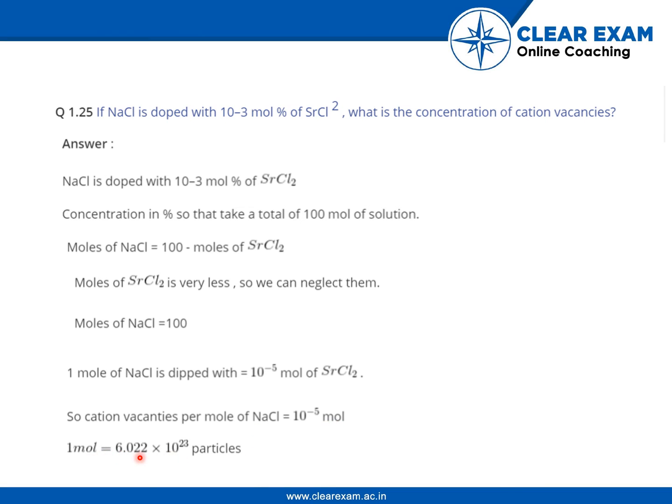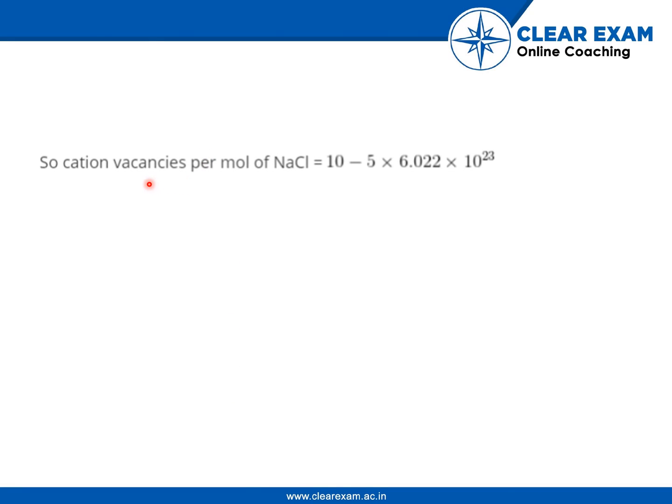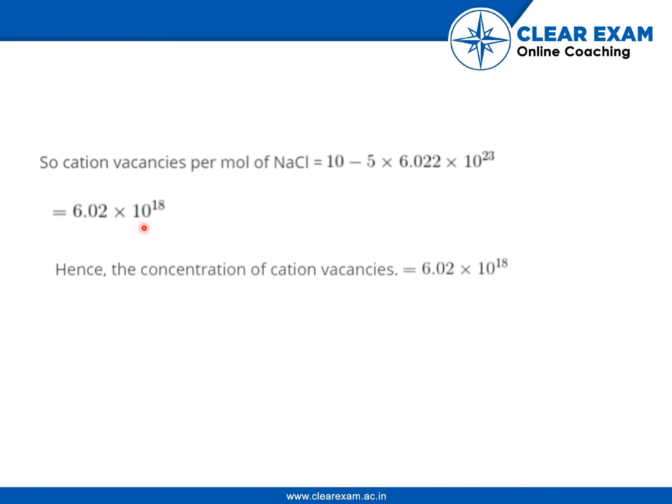1 mole is equal to 6.022 into 10 power 23 particles. So the cationic vacancies per mole of NaCl is 10 power minus 5 into 6.022 into 10 power 23. So we get the answer as 6.02 into 10 power 18. Hence the concentration of cation vacancies is 6.02 into